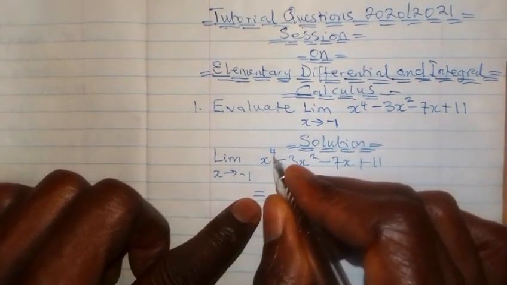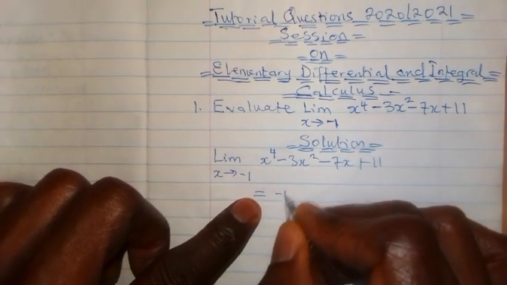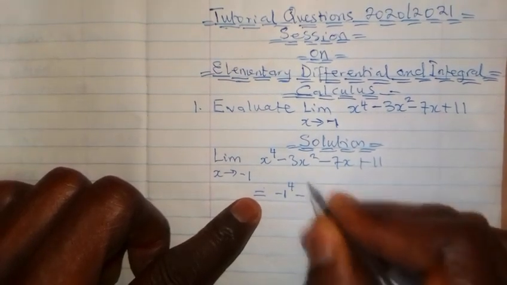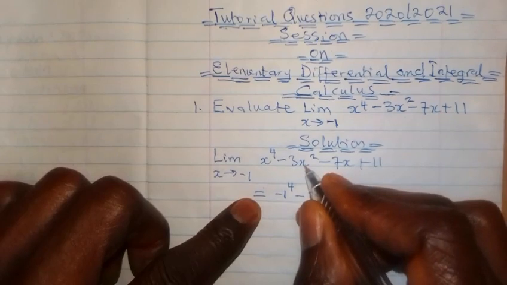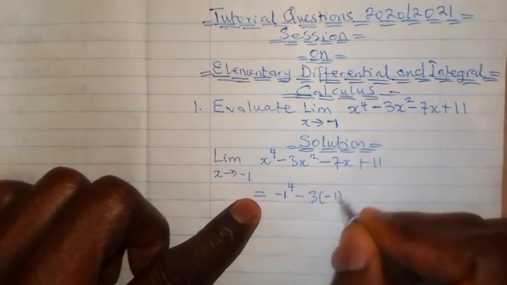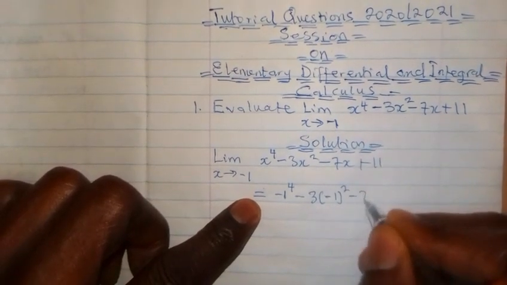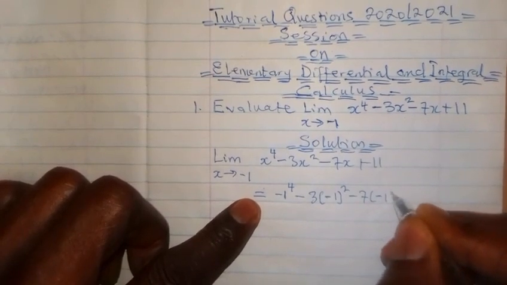So in x power 4, we'll write it as minus 1 power 4, then minus 3 multiplied by x squared. X is replaced by minus 1, so put our minus 1 all squared, then minus 7 multiplied by minus 1,